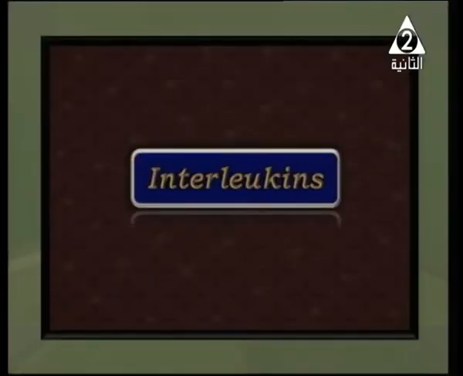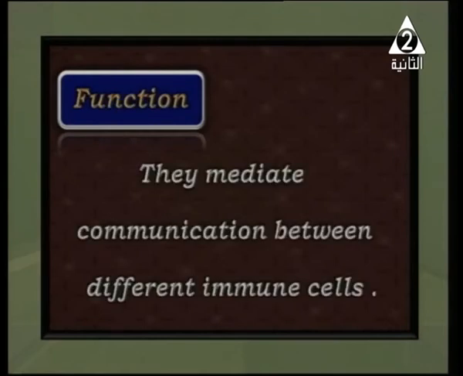Also, we have something called interleukins. They are also a chemical substance inside our body. Their function is to mediate the communication, the link, between the different immune cells. The second type is interleukins. Inter here means between, and interleukins means that they link the immune